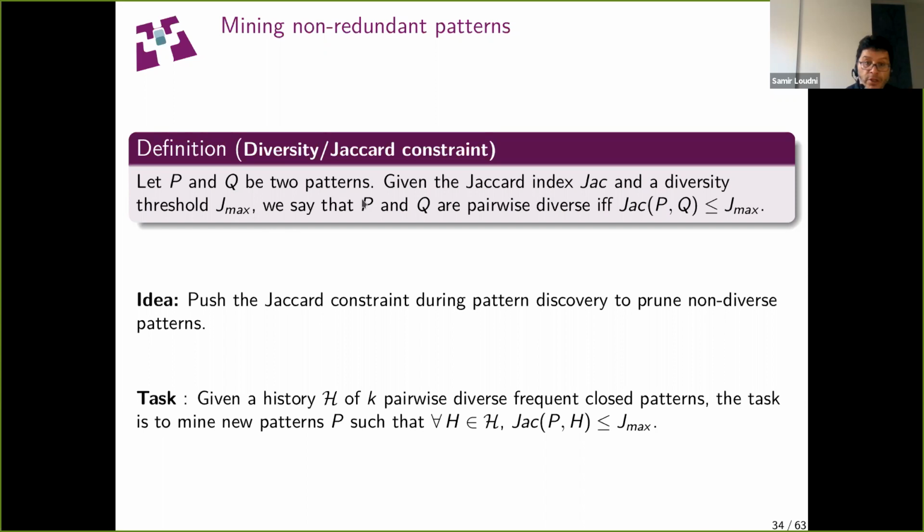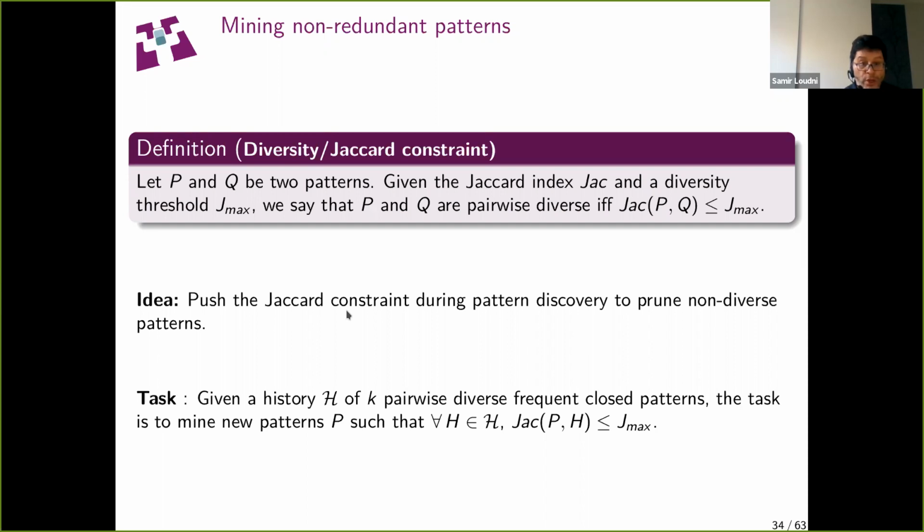We say that patterns P and Q are pairwise diverse if and only if the Jaccard between P and Q is below or equal to the diversity threshold. So the main idea here is to push the Jaccard constraints during the mining discovery to prune a non-diverse item